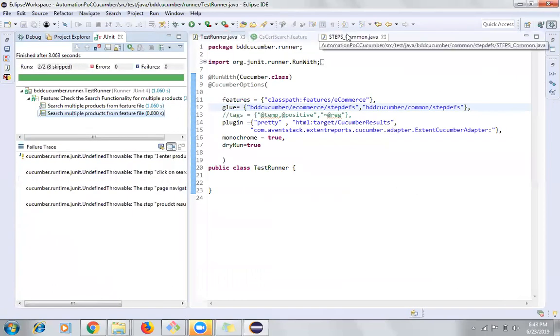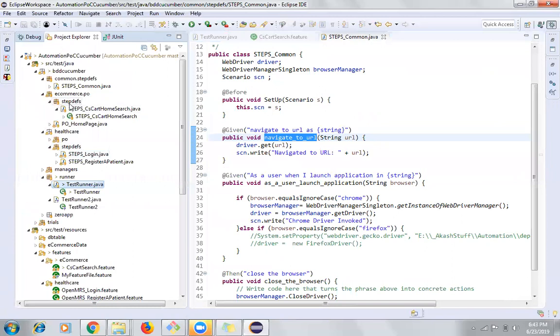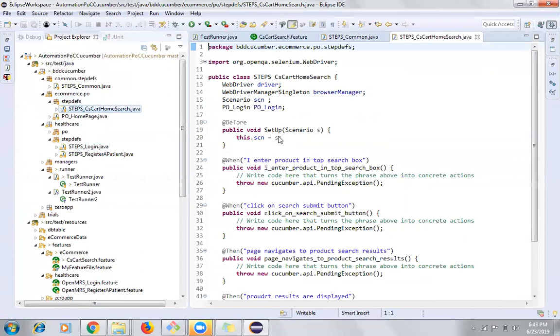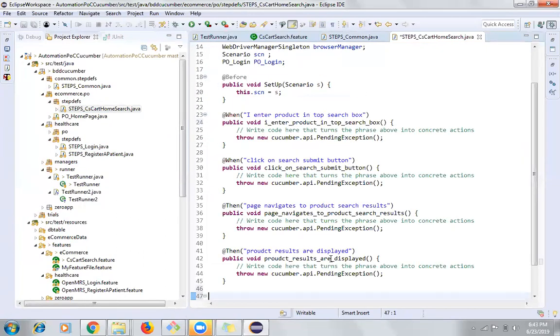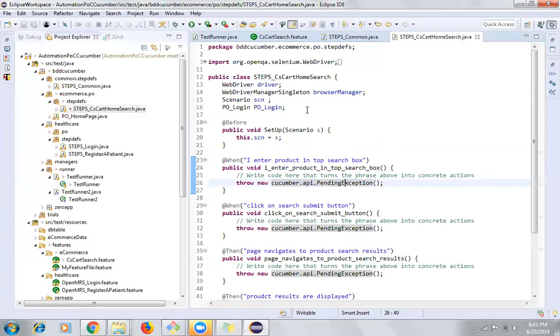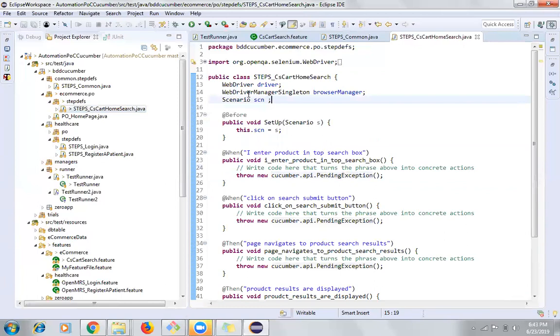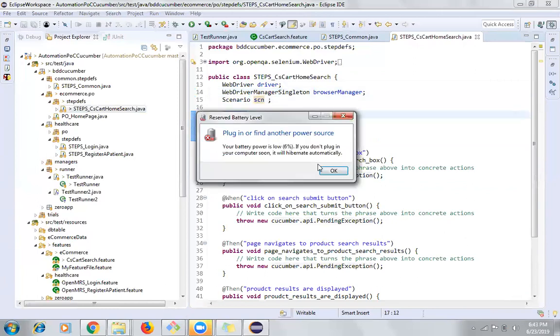You copy this and go to the e-commerce step definitions, where I've already done this. I'll just copy and paste it here like this. There are a few extra things I've done. We don't need this. I've declared WebDriver driver at the top, then the WebDriver manager singleton browser manager, and another object called scenario at the top. Then after that there's an @Before. So you remember, whatever step definitions you are creating,